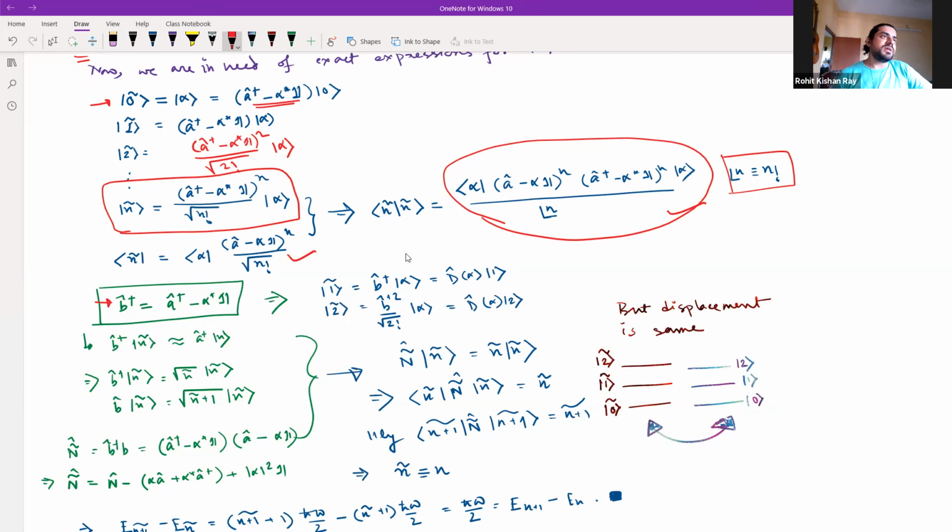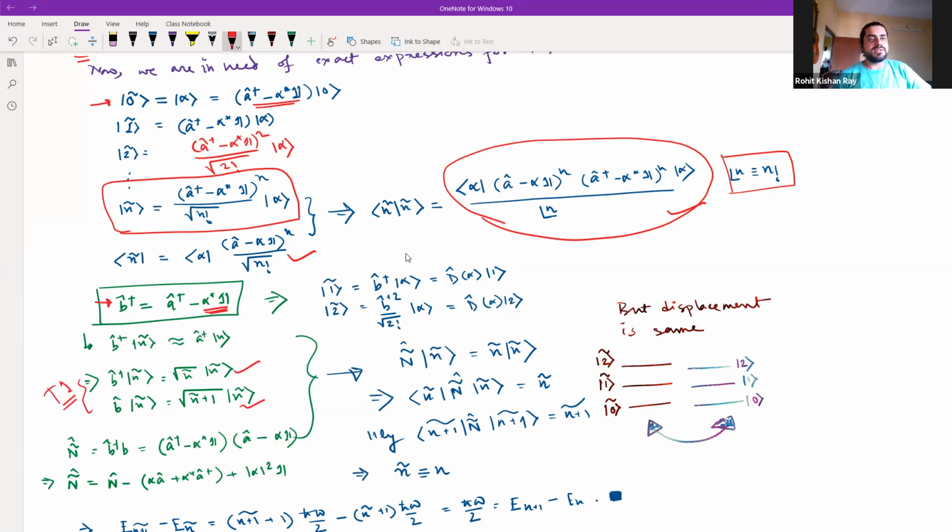Now, this is a very interesting thing. It actually says that B dagger is creating with a shift. This is the shift amount. So we can have a similar kind of expression for this displaced Fock state, so DFS. B dagger acts on a DFS state in the way A dagger would act on a state in the original Fock space. That means that B dagger will be creating a state in this form with this expression, right? And this we derived in tutorial 1.